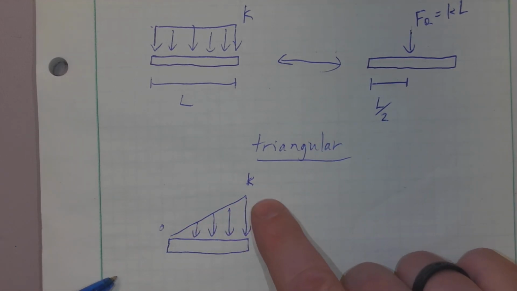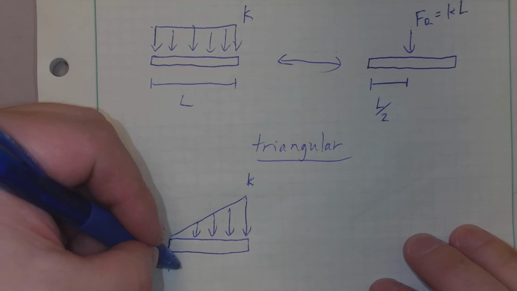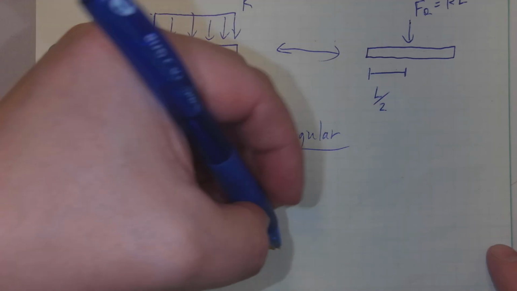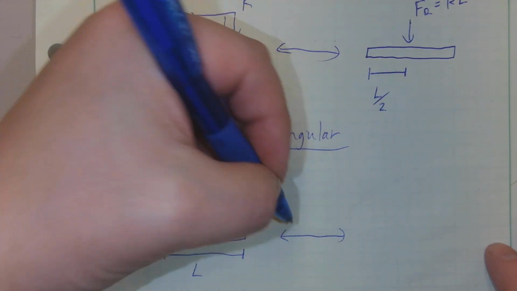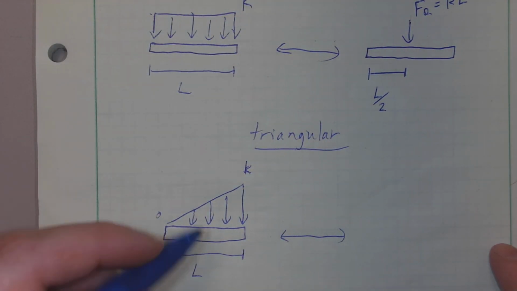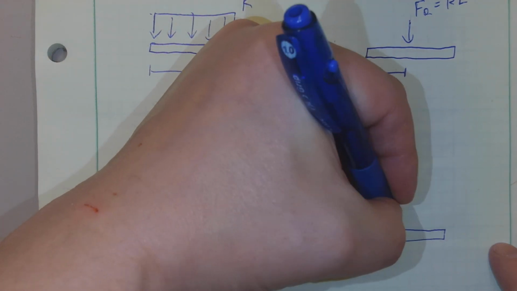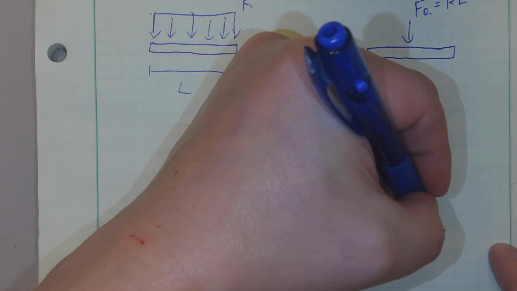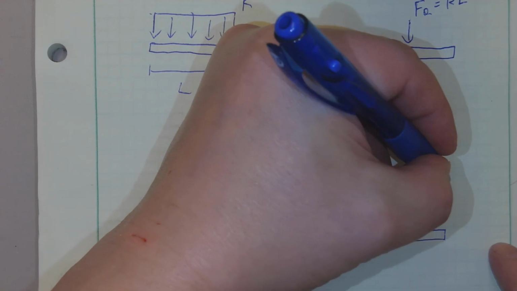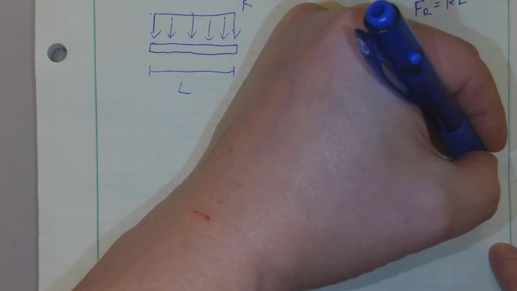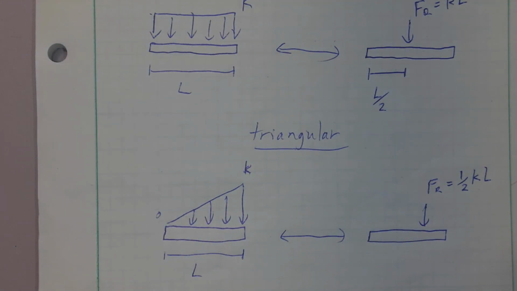It's increasing linearly as you go along, and that's spread out across some length L. Well, if you perform the integral here, what you would find is that the resultant force is going to equal 1/2 K times L,